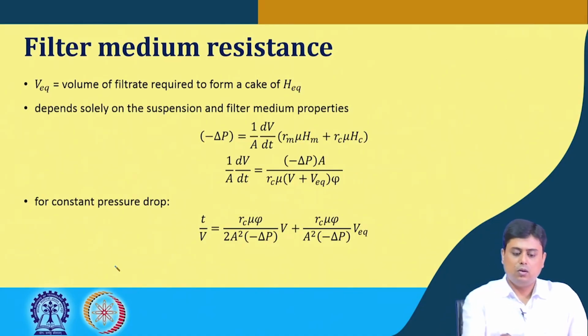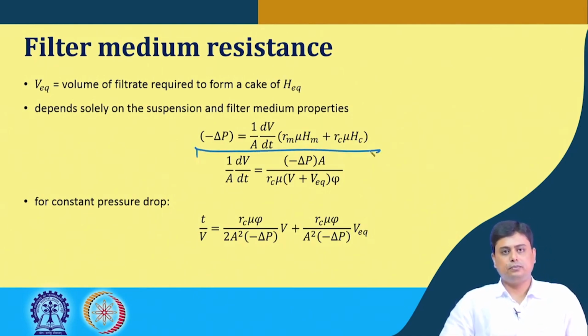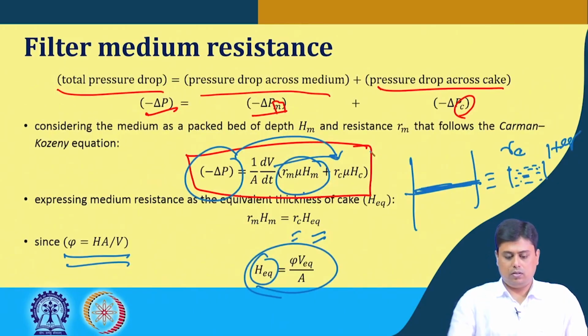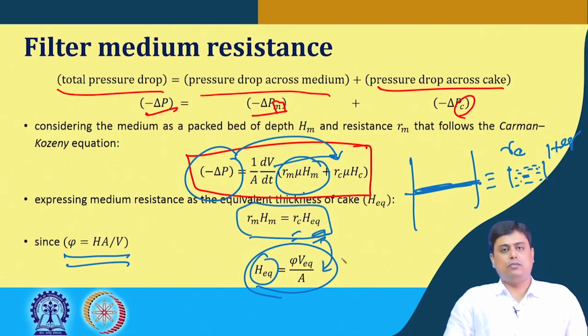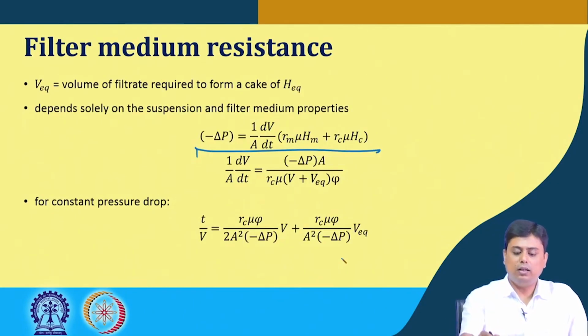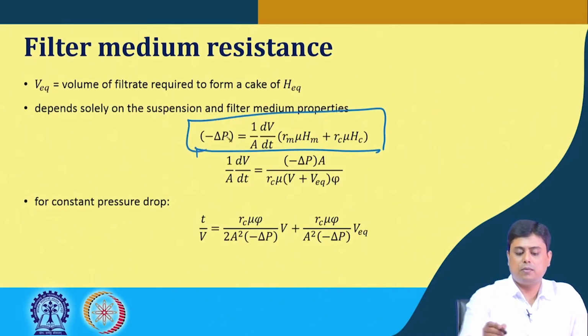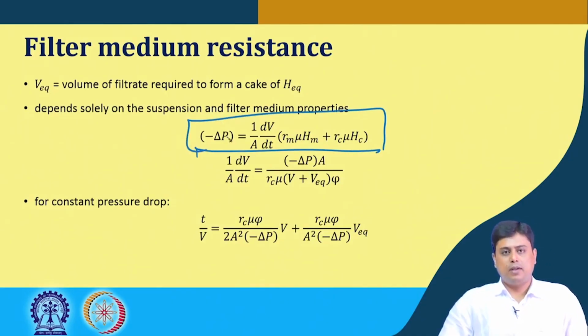So we had this expression, okay, and then we replace Rm Hm with Rc Heq, where Heq is basically this function. We replace all these parameters in this expression and find